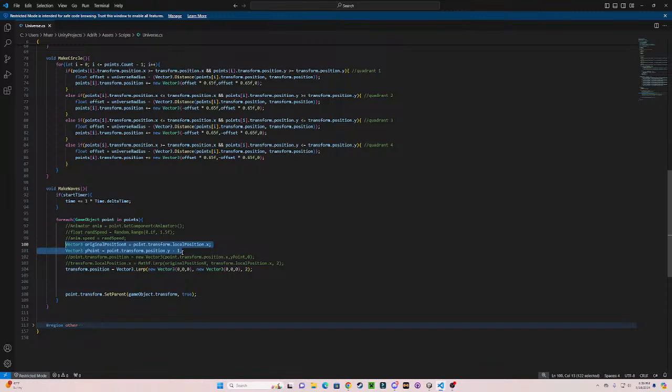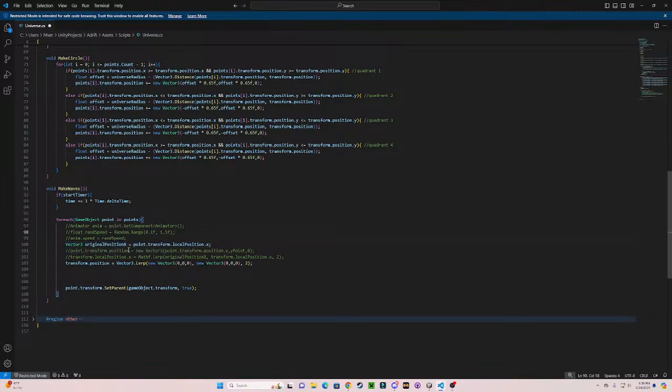Okay, vector 3, original position. And I guess it's not X or Y because fuck me. Okay. Point dot transform dot local position. Okay,